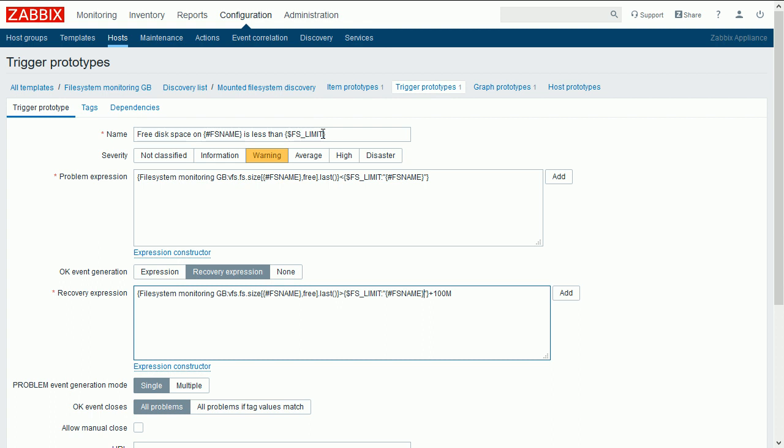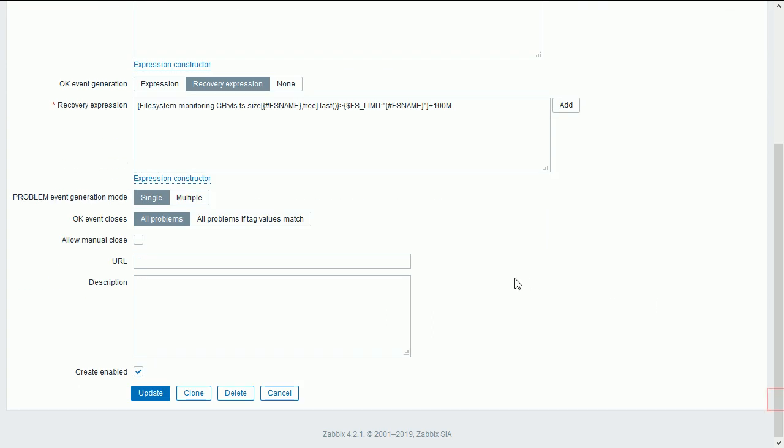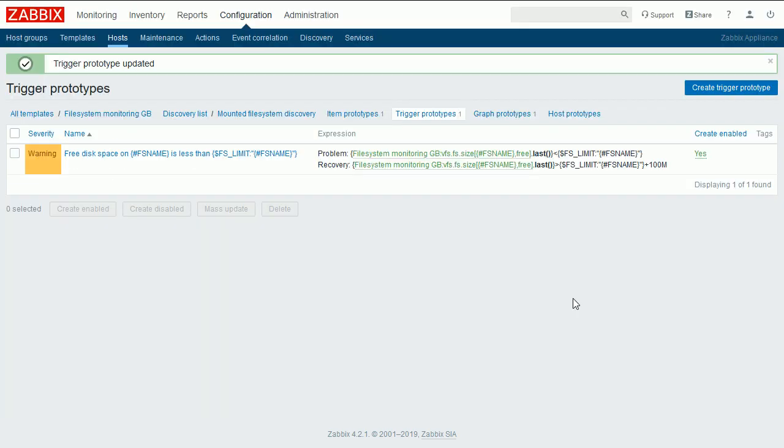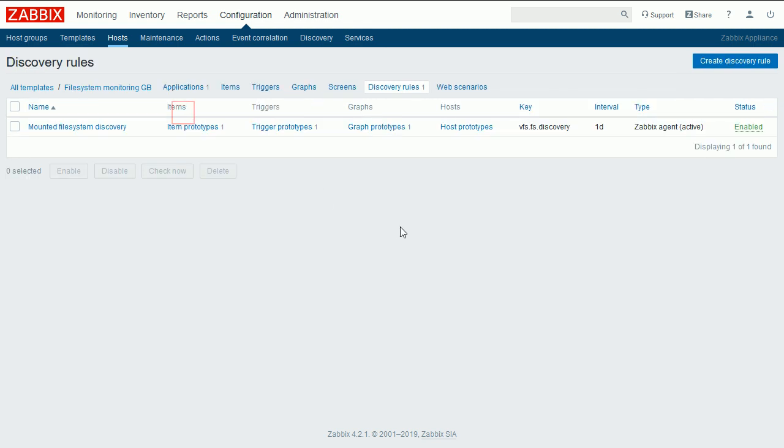And also for the title, colon, double quotes, file system name. That's it. What to do? Update. We do have now the new trigger prototype,